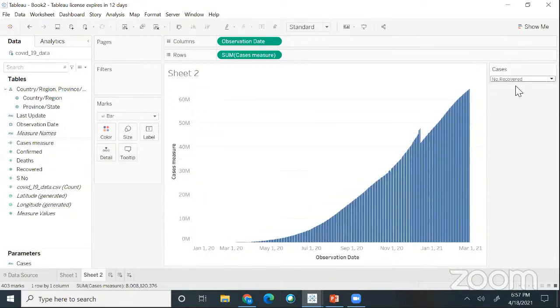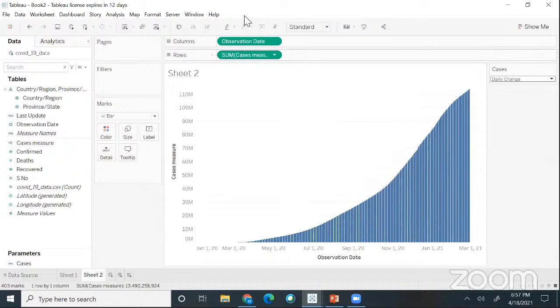Now this is the number recovered. Make sure all participants could generate such kind of dynamic dashboard view, right? So what we did till here, for the benefit of participants, I'm briefing again. We just built one bar graph measuring the relationship between observation date and confirmed cases. But if the analyst wants to also learn the patterns of COVID cases by deaths or observation date, by recovered